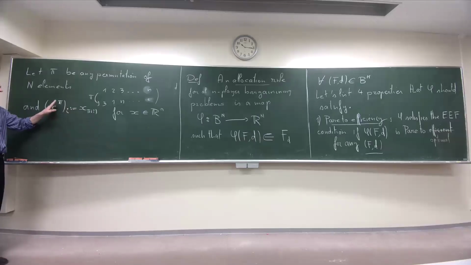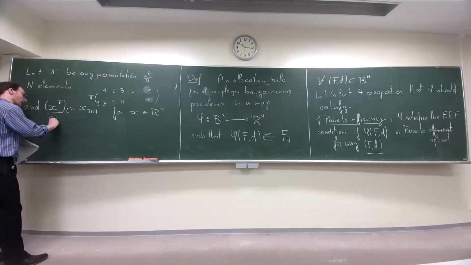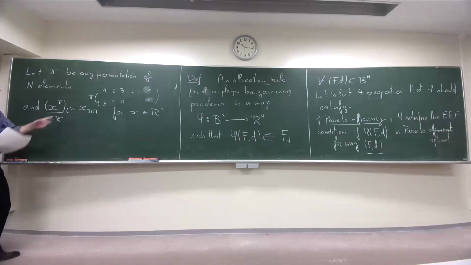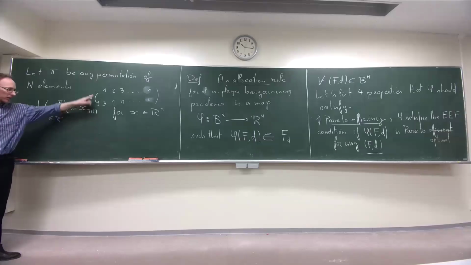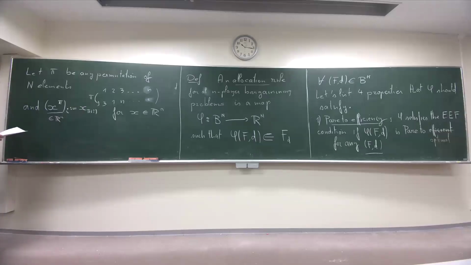So x pi is a new vector, a new element of Rn. Its index i is obtained by taking x of pi of i, which is a permutation of the variables. And now we say